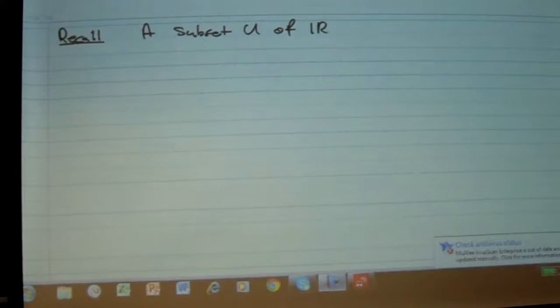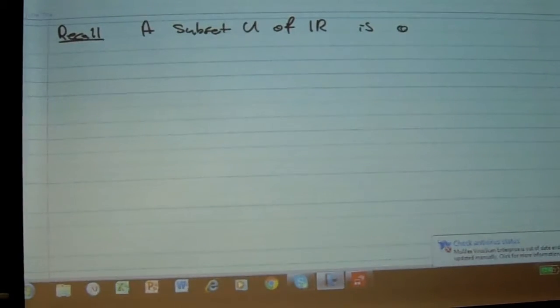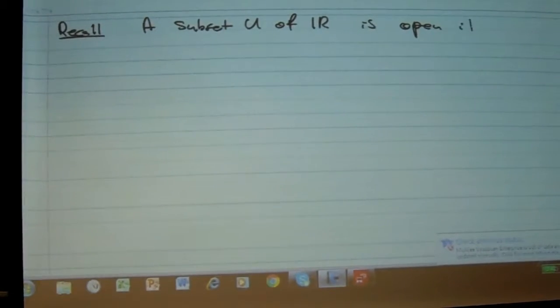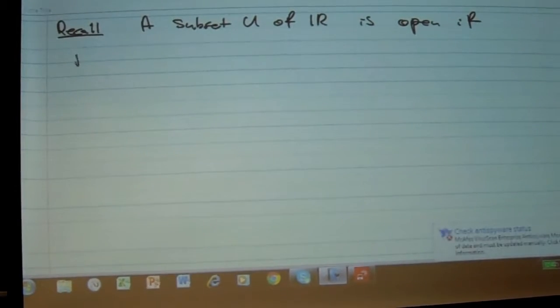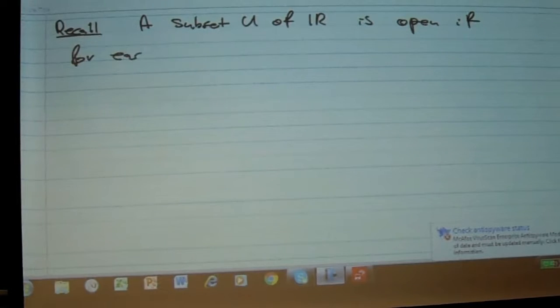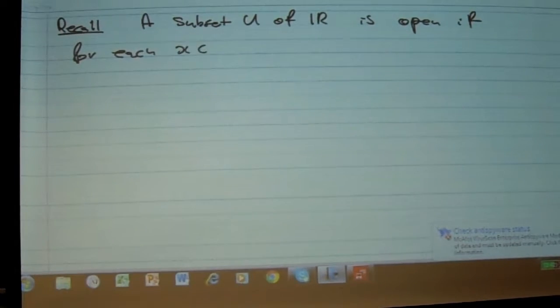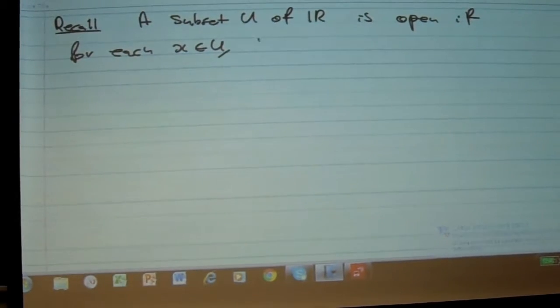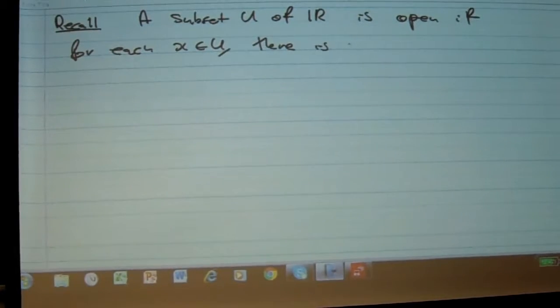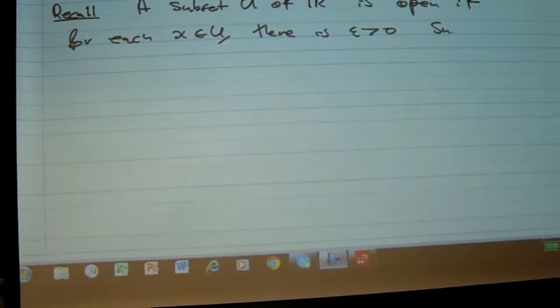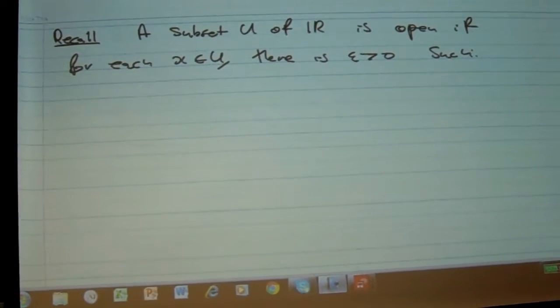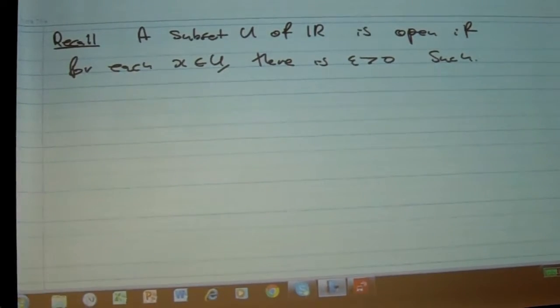A subset U of R is open if the following happens: if for each x in U we can find some positive number epsilon such that the ball